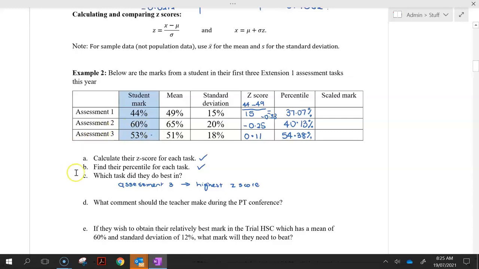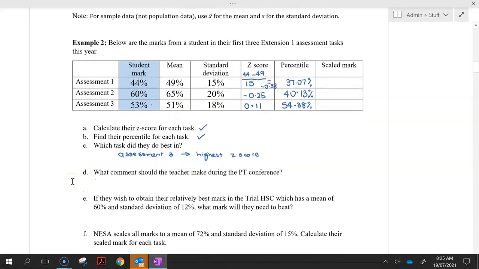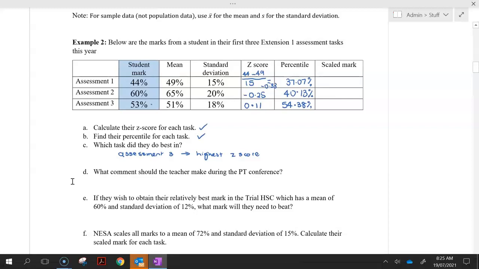So that's a very common type of question. What comment should the teacher make during the parent-teacher conference? Well, some sort of statement that although they started off the semester slightly below average, not that there's anything wrong with that in extension 1, that they've been improving. So something about improving, and obviously,